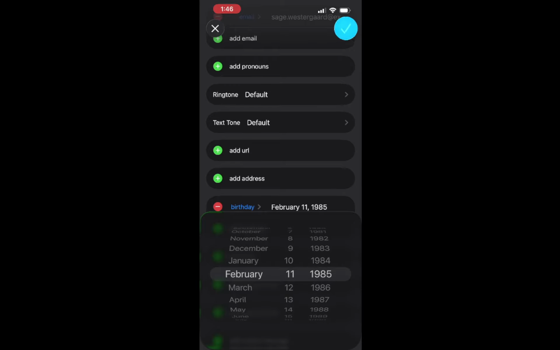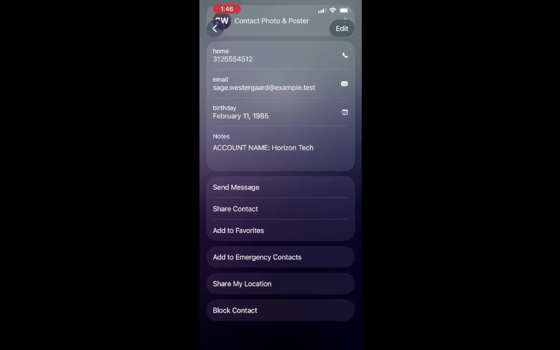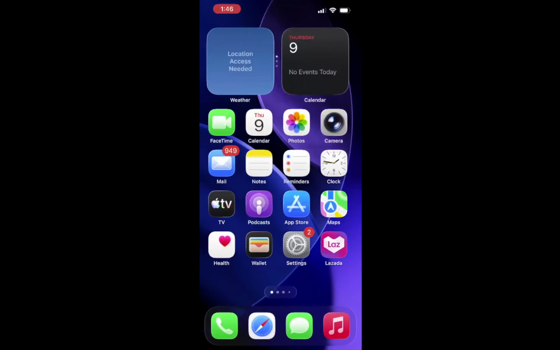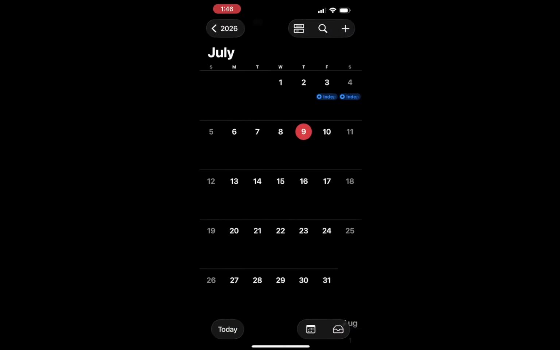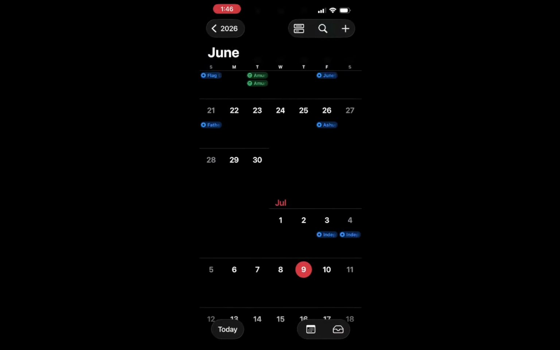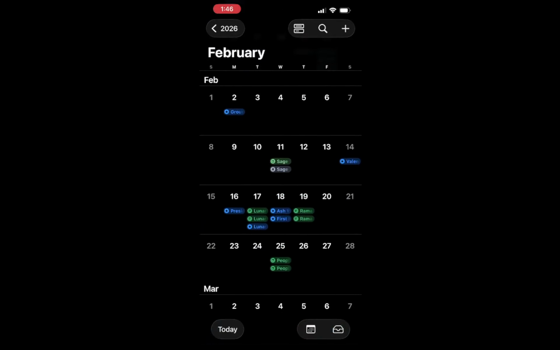Now open the Calendar app. You can find this app easily on your device, typically represented by a colorful calendar icon. Once opened, the calendar will display the current month, and you can see any events or reminders that are set for today. This step is essential because it allows you to confirm that the birthday was added correctly to your calendar. The birthday will automatically appear in the birthdays calendar after it syncs.